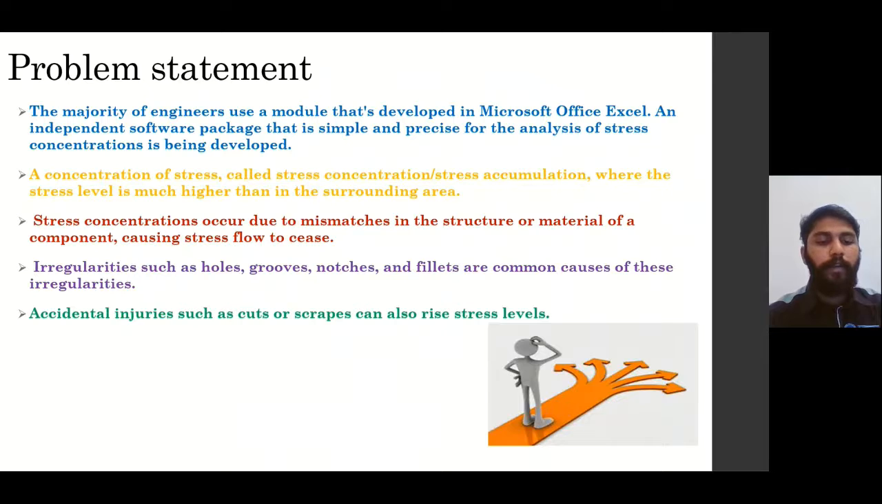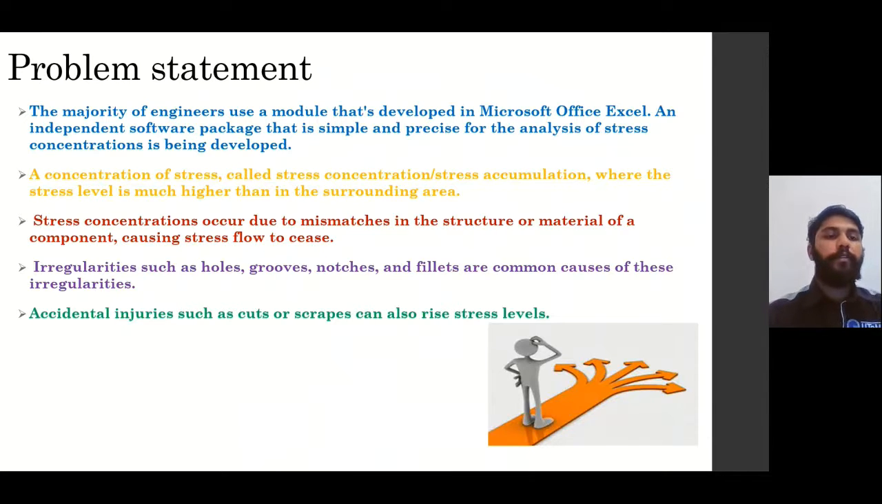in shape. Moreover, concentration of shape causes stress escalation, where the stress level is much higher than in the surrounding area. Stress concentration occurs due to a mismatch in the structure or material of a component, causing the stress flow to